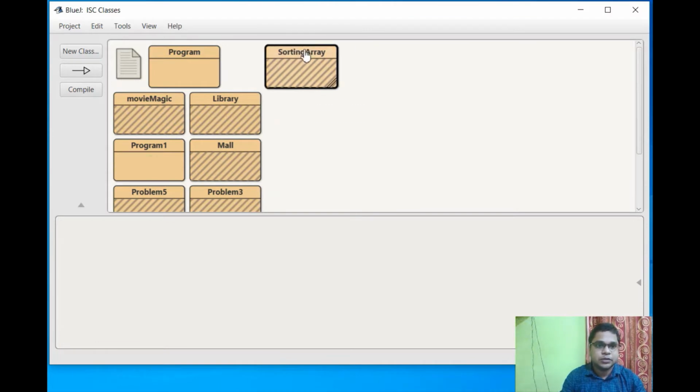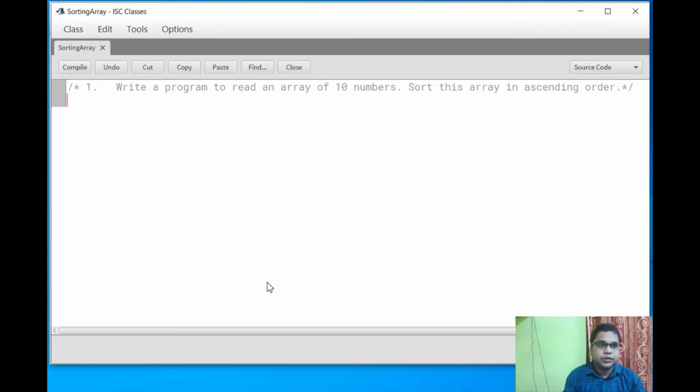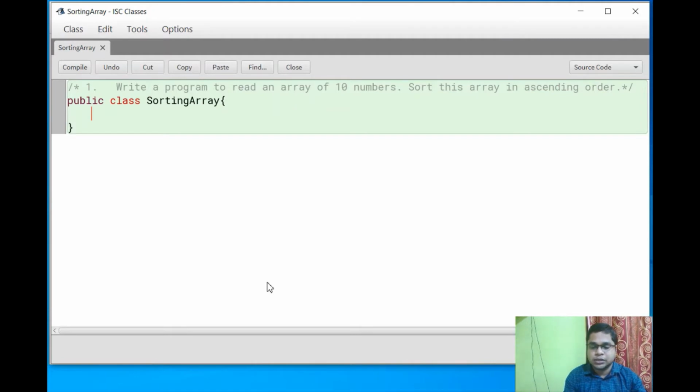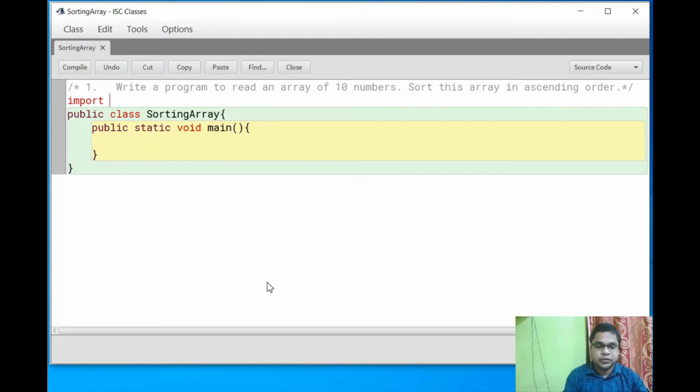Now write the class name, public class SortingArray, and inside the class I am using a method, public static void main. I am also adding the Scanner class, java.util.Scanner, to take any kind of user input.